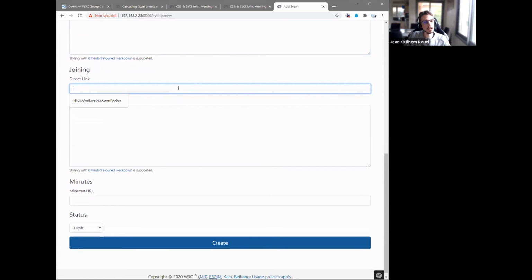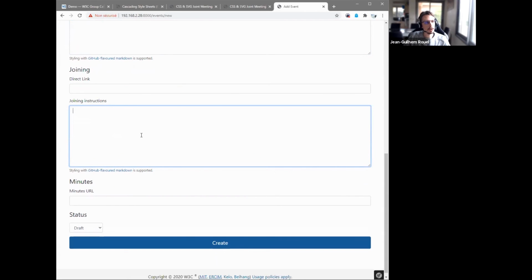The goal is that when clicking on those links, people will join the meeting directly without having to enter any phone number or password, etc. And you can also add more instructions if you want in this box. These two fields will only be visible to trusted people.